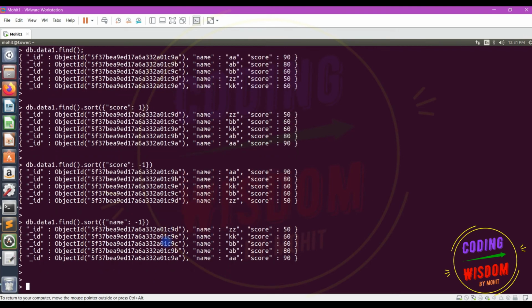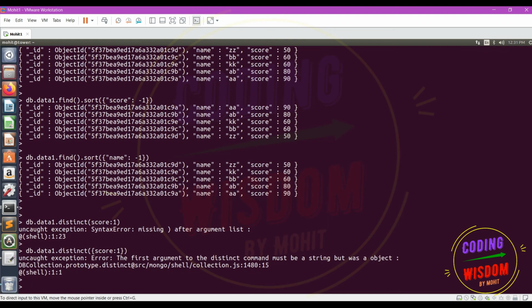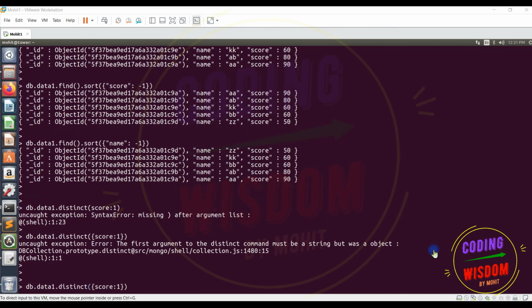Consider I want to find distinct records, not duplicate values. So I can use distinct here. Distinct based upon score. Oh, it's a field name, not a document. Just 1 second.